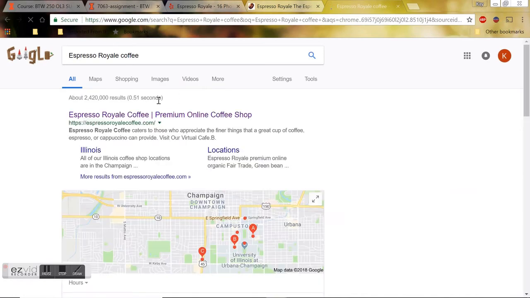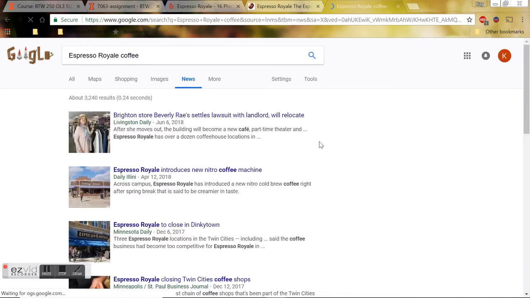in the news articles. So obviously I'm using Google, and not everyone may have access to that, but if you are able to use a different search, or if you're able to get access to Google through setting up a different network, that would be great. So I'm going to look for news about Espresso Royale.